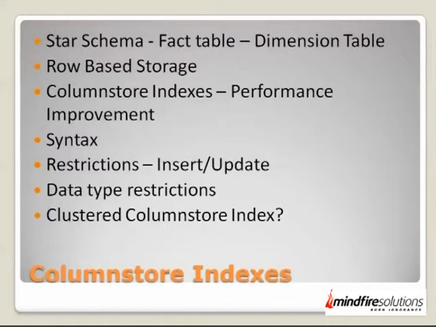This is very useful in a star schema. What is a star schema? We all use it. You have a fact table or a center table, and then you have adjoining tables or dimension tables around it. How does this work? Assuming I have a table named sales order details, right? And in this, I just have a primary key, then I have a FK product ID, then I have a FK customer ID, FK salesperson ID, and so on.